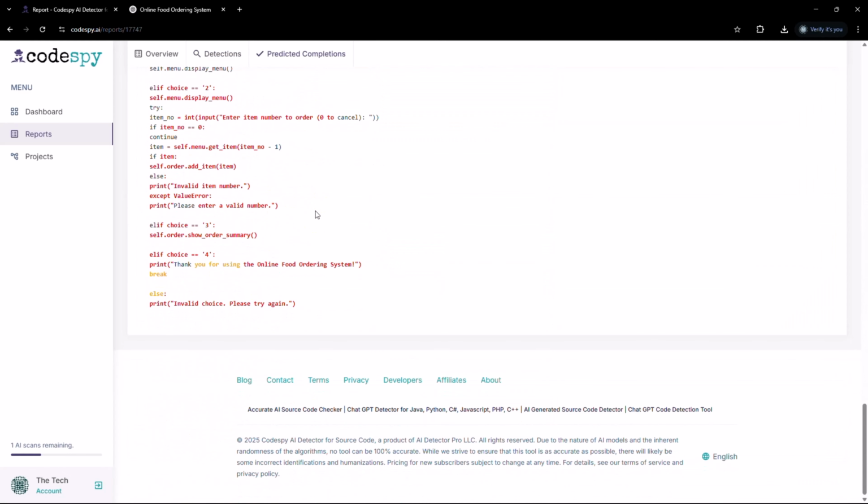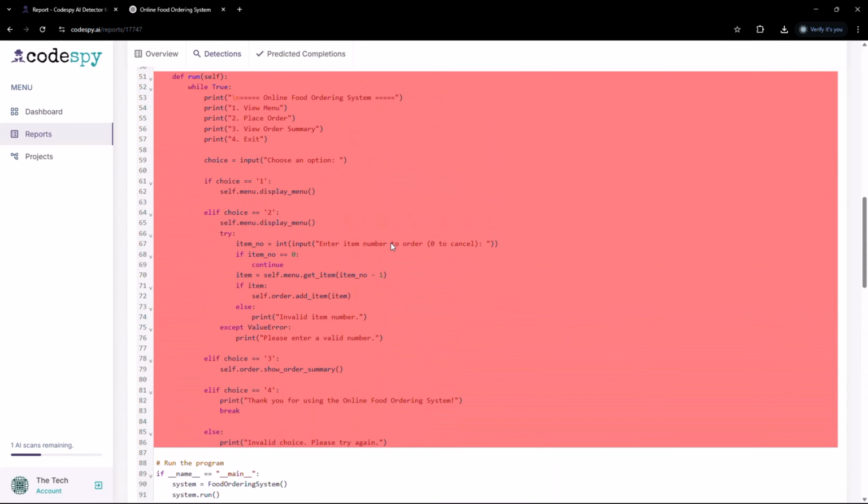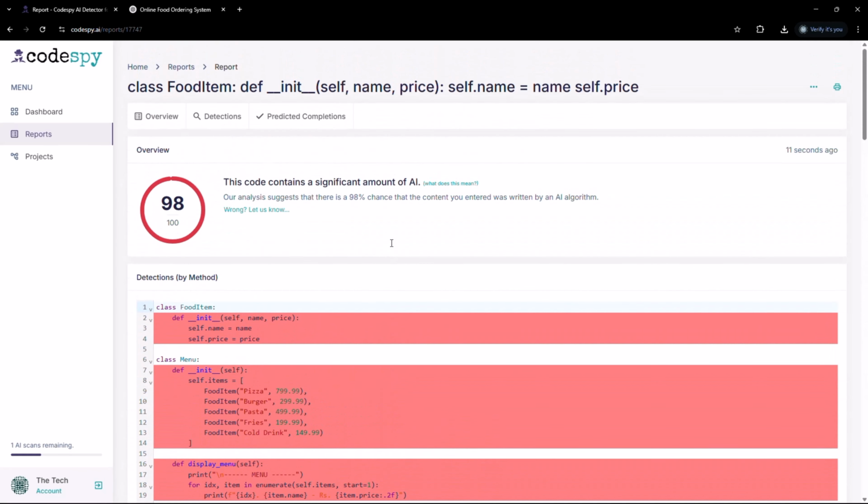Impressive, isn't it? So if you want to boost your coding efficiency, learn faster, and avoid critical bugs, definitely give